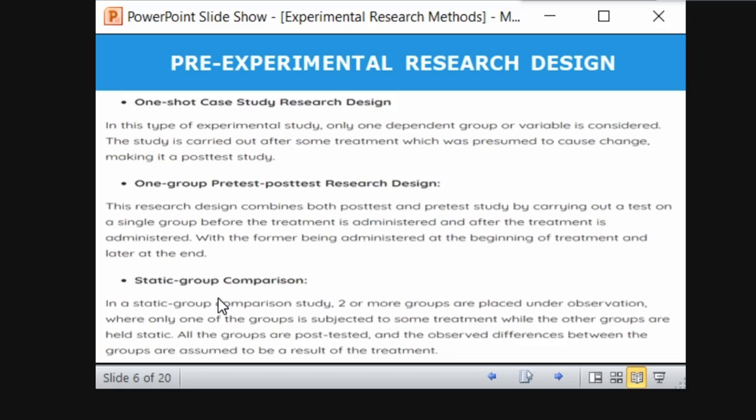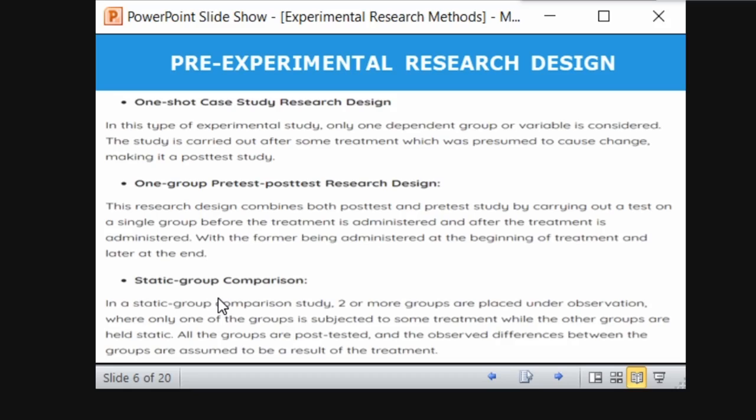So what is the treatment here? The treatment is that one group is subjected to sunlight. One group is not allowed to receive any sunlight. Simple. That is the treatment. The plants and everything else are the same, so only the treatment is different. One group is kept in sunlight, one group is not kept in sunlight. So here the treatment changes.